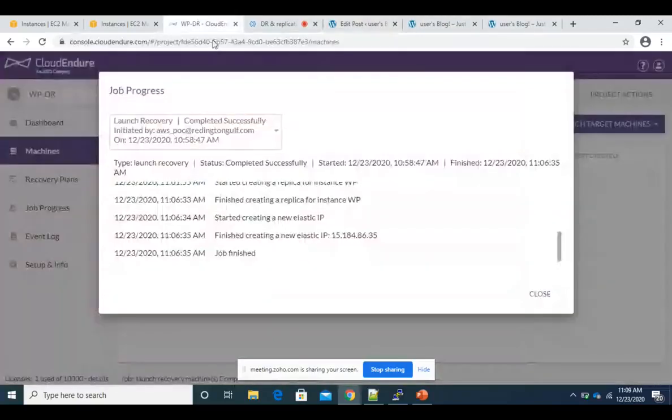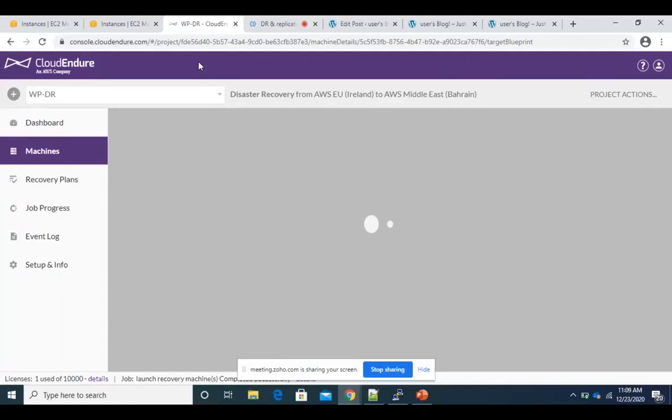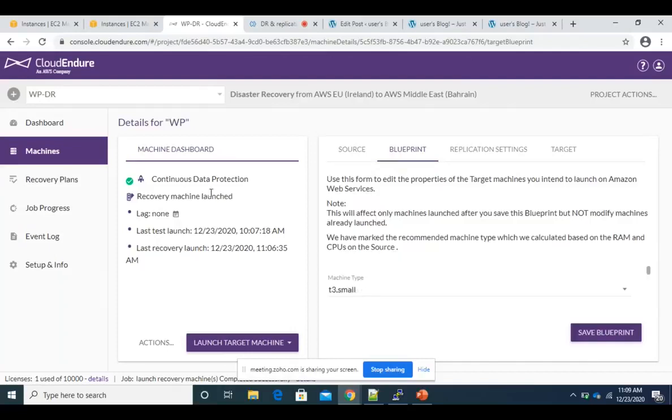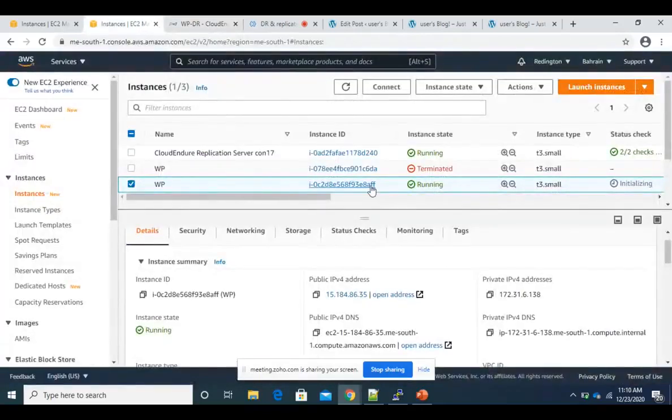Now let's go to the CloudEndure console and see what is happening. So it says we do have the continuous data protection, so we can launch target. Our previous target was the instance ending with 8AFF, which is this one.